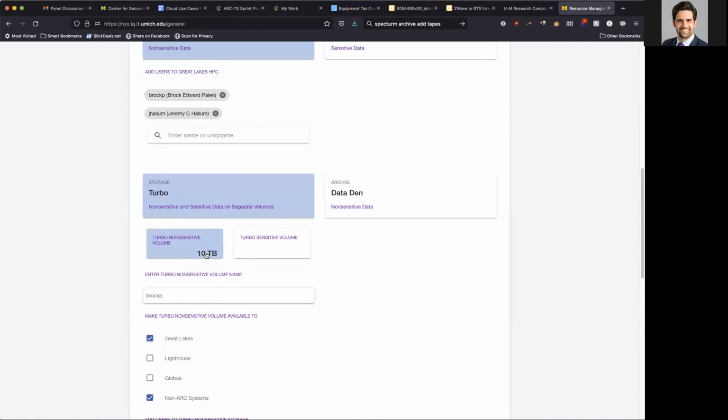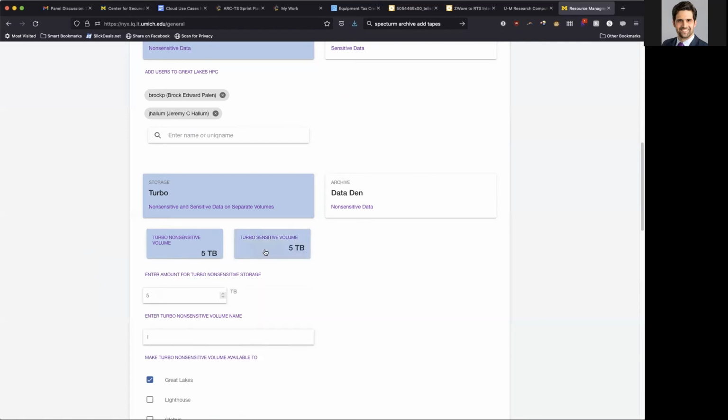For Turbo, we're allocating 10 terabytes, and just like with HPC, because I've only selected one, all 10 are being allocated here. 10 is not the limit. 10 is just what will be funded under the RCP. So if you need more space, you can add to the 10 provided by ITS with your own funding source to be able to create larger volumes into the many hundreds of terabyte range.